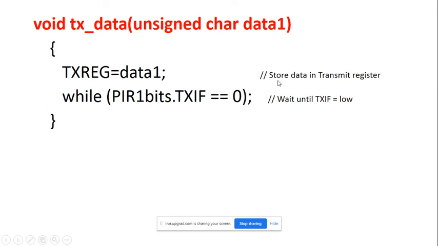Okay, and when it is in process, this TXIF flag remains 0, meaning transmission is in process. And when transmission is over, all packets are out, at that time the TXIF flag becomes 1. It indicates that the TX register is empty, all data is out, and it is ready for the next transmission. Means when it remains 0, it is in process, and when it becomes 1, you come out of this while loop. Okay, and it completes the transmission, meaning the first data has been transmitted.